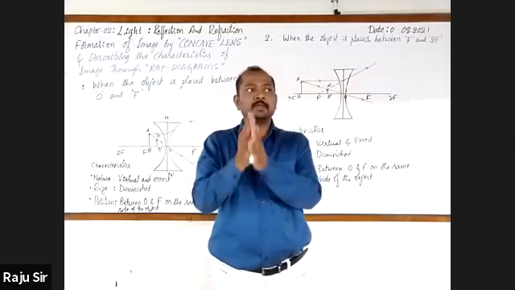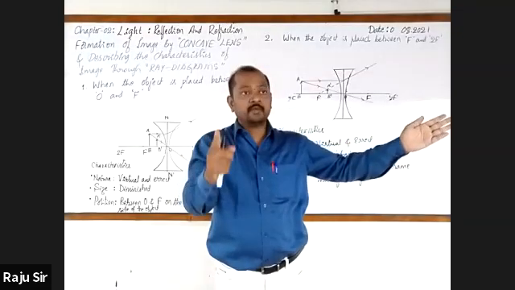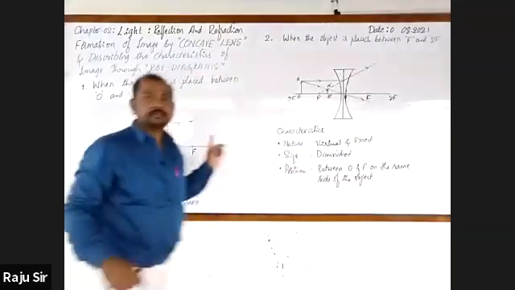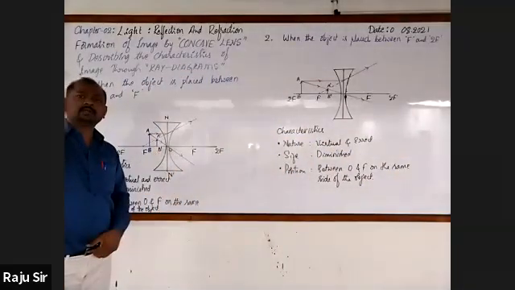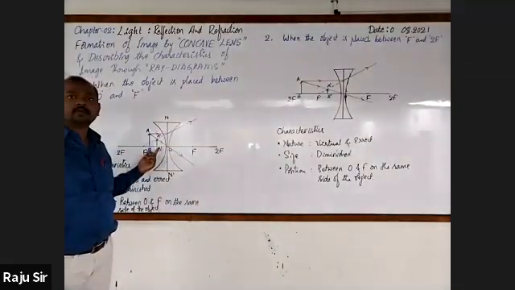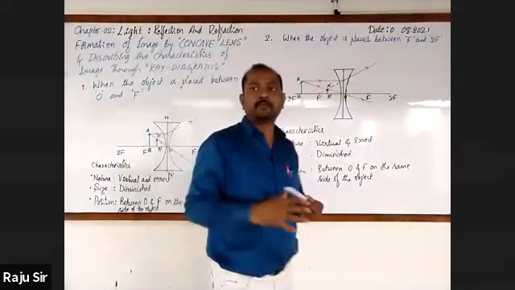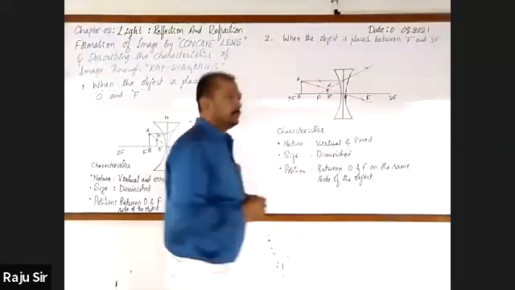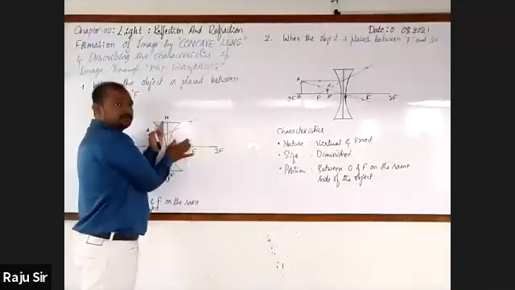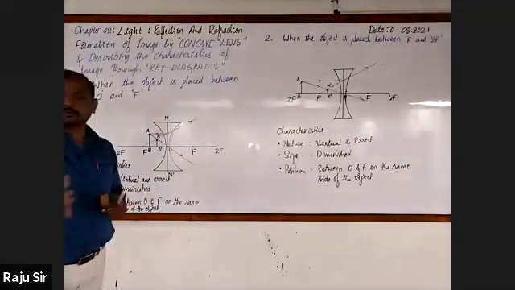Got it? Image distances are positive in case of convex lens, except in one case between O and F. Whereas in concave lens, all the image distances are negative. Wherever we place the object, between O and F or at infinity, the image is formed between O and F only. Hence it is negative. Got it? Next, I'll go for one more. Afterwards, we'll move on to the next concept.